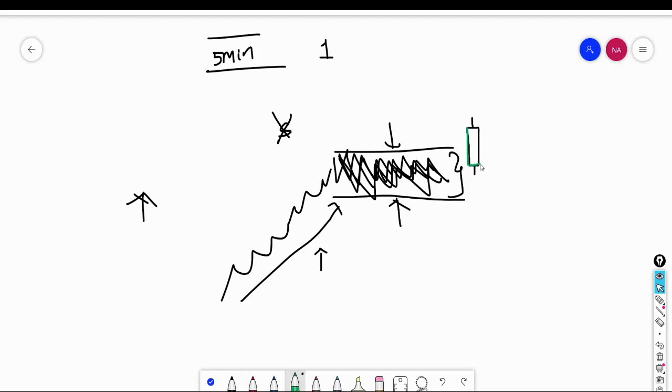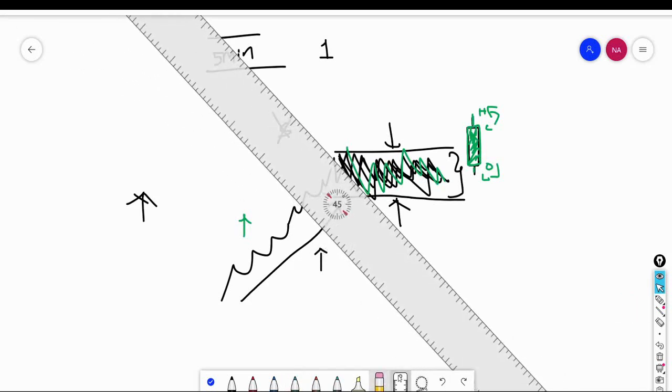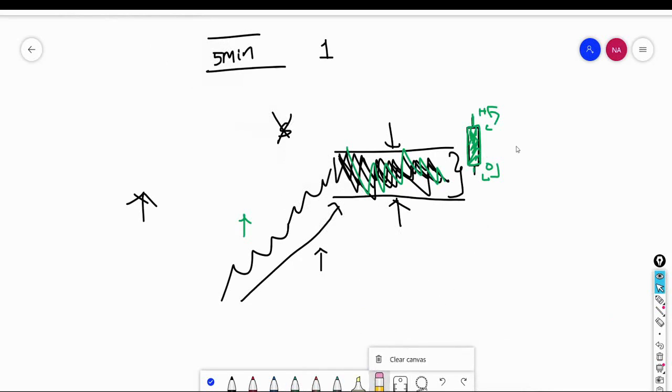If I draw it precisely in green color, this is a bullish candle, because open and low are near to each other, close and high are near to each other, and the candle color is green. So a bullish candle. The stock is already in an uptrending move, and after a balanced auction, we are getting a bullish candle.